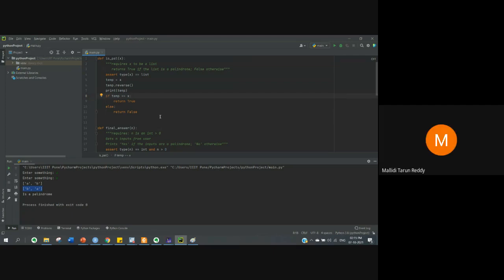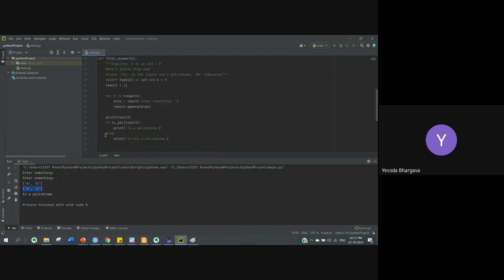Maybe print both x and temp. Okay, let me give you a hint. Let me try to print X also here. Let me remove result from here so that you don't get confused.